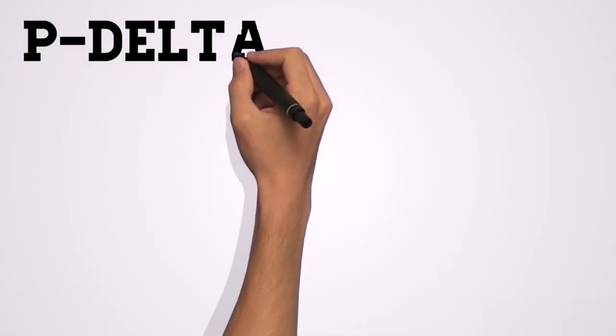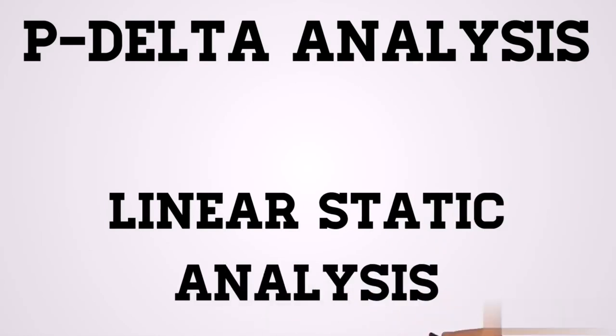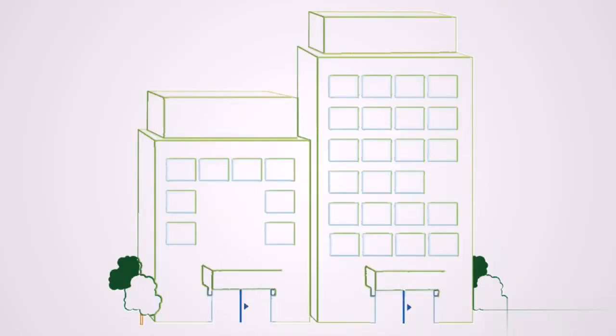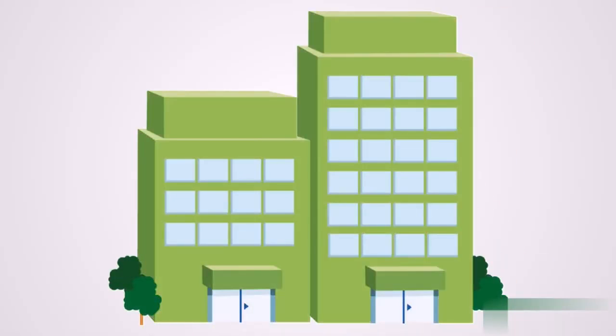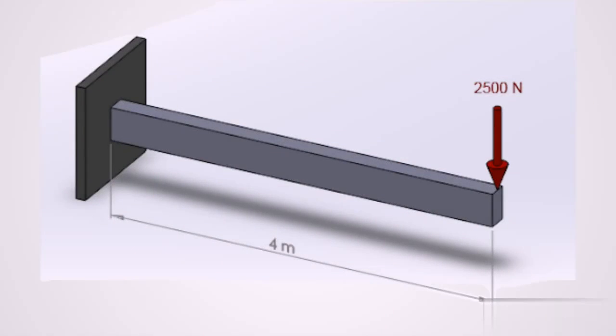Now, you need to know that P-delta analysis is different from linear static analysis because it is used when there are large deflections on the structure. In a linear static analysis, when we apply a load to a cantilever beam, at the end of the beam, it will deform the most. But for a non-linear analysis,